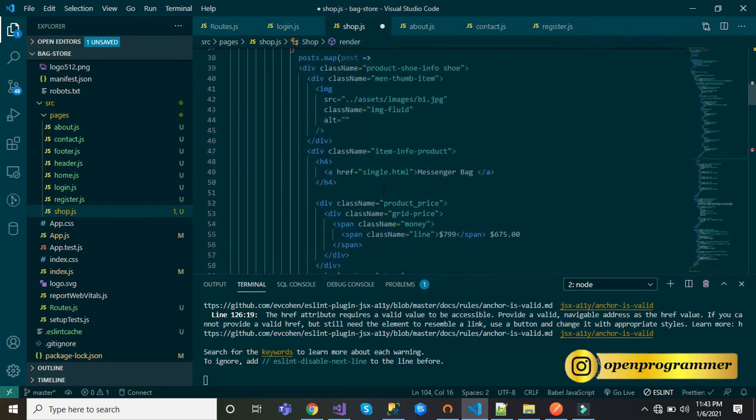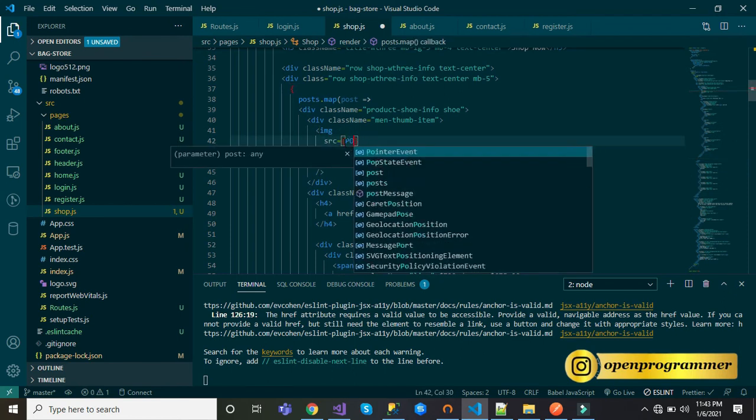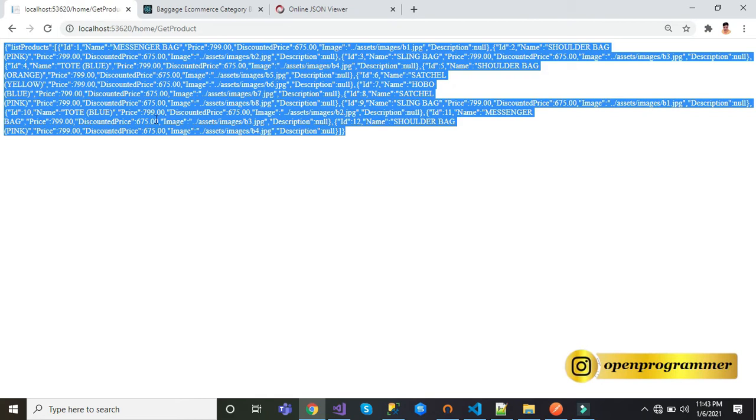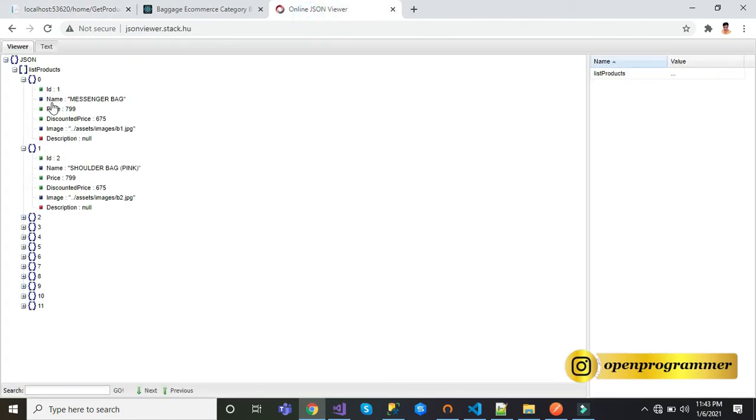The first one is the image. So let me change this image. Now post.image, and one thing, this image should be identical with this name.